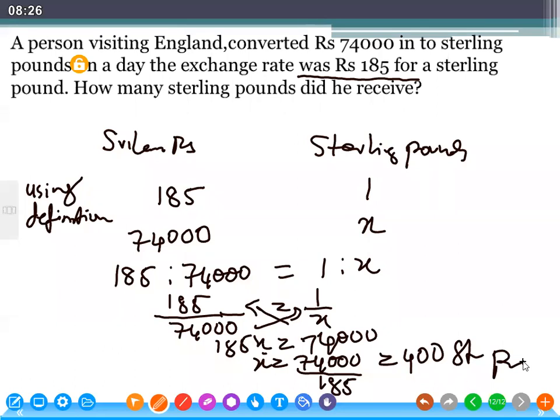Okay, students, today we learned about the lesson direct proportion, and you know what is direct proportion and what is not a direct proportion. Then we learned there are 3 methods of solving these problems. One is the unitary method, the second one is using definition, and the third one is algebraically. So you know how to use one of these methods and solve. And finally, we learned about finding the exchange rates. For the exchange rate, you can use any one of the methods. You can see the example. I hope students, these examples will help you to do the exercise.